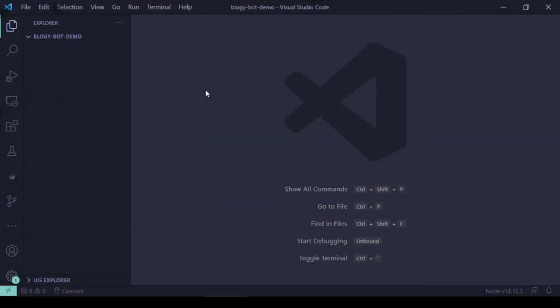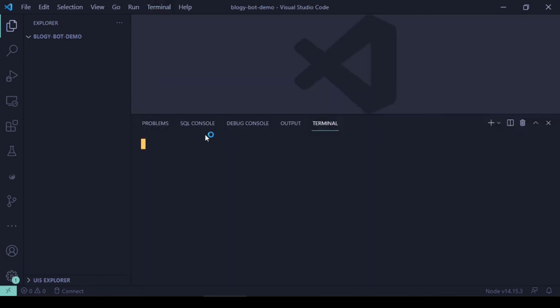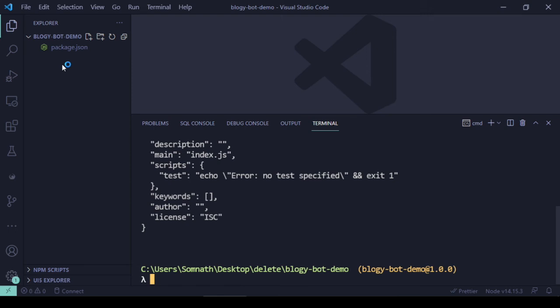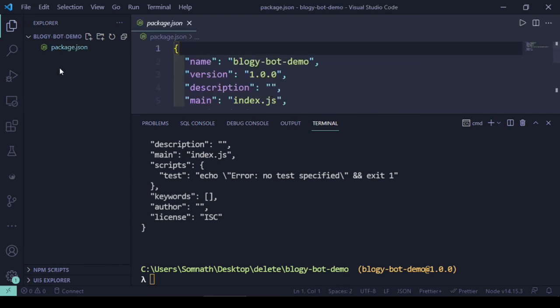So let's start with an empty project, and you need to open the terminal, and then I'll run npm init. It will initialize the package.json, and now I will just create one more file, index.js.